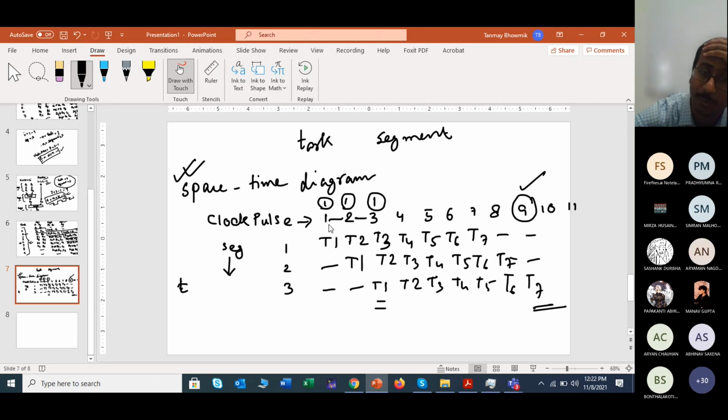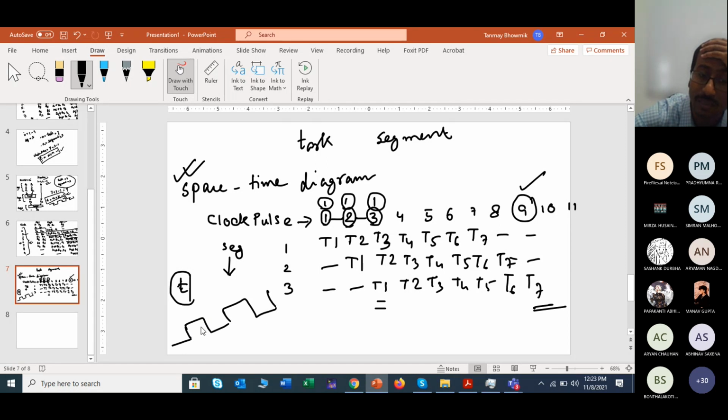We are talking about pulses, right? So it is one clock pulse, it is one clock pulse, it is one clock pulse. Now tell me how many will be required? Three clock pulses are required basically. And a single clock pulse is taking t amount of time, because here we are not representing the pulse duration, we are only writing the pulse number. If you are representing the pulse duration, it should be in this format. Right?